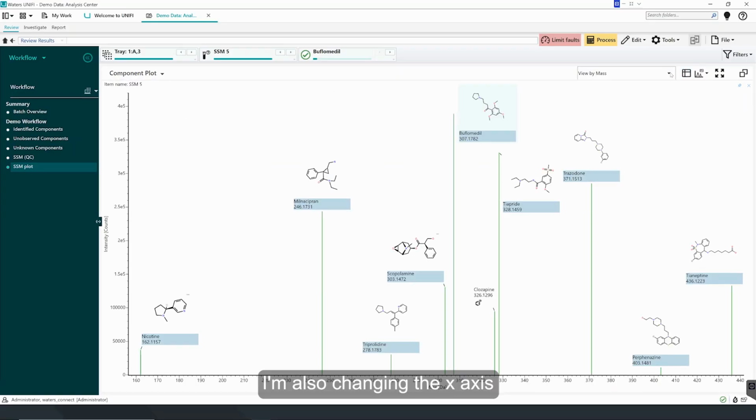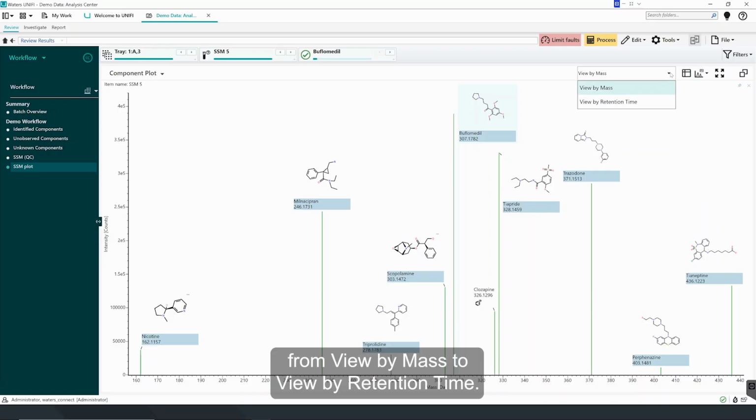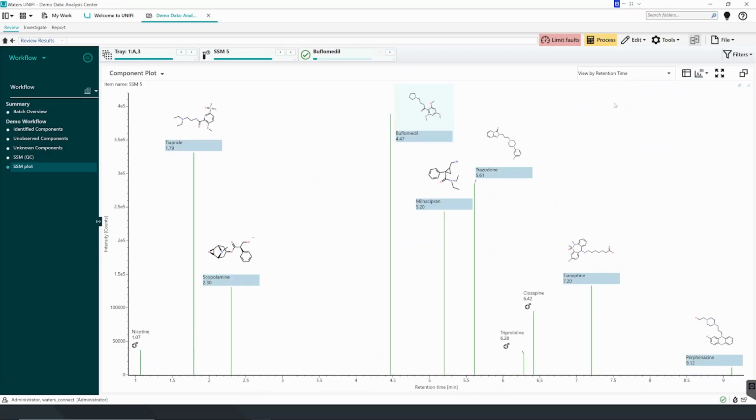I'm also changing the x-axis from view by mass to view by retention time. As you can see now, I've got a picture showing only the SSM components based on their retention time. We will save this step.